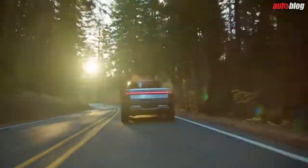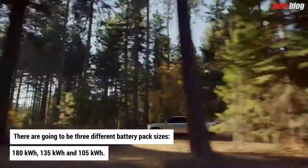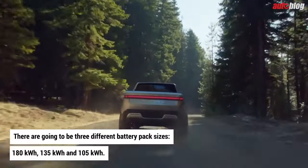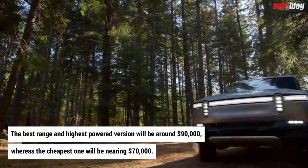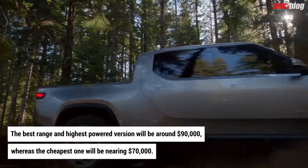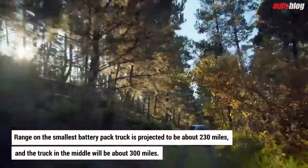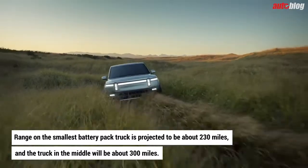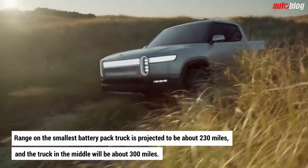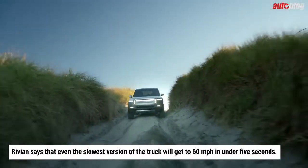Final pricing for the R1T isn't available, but Rivian gave us some estimates. There are going to be 3 different battery pack sizes: 180 kilowatt, 135 kilowatt, and 105 kilowatt. The best range and highest powered version will be around $90,000, whereas the cheapest one will be nearing $70,000. Range on the smallest battery pack truck is projected to be about 230 miles, and the truck in the middle will be about 300 miles. Rivian says that even the slowest version of the truck will get to 60 miles per hour in under 5